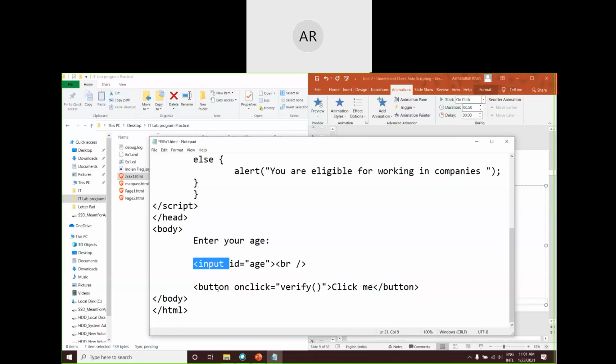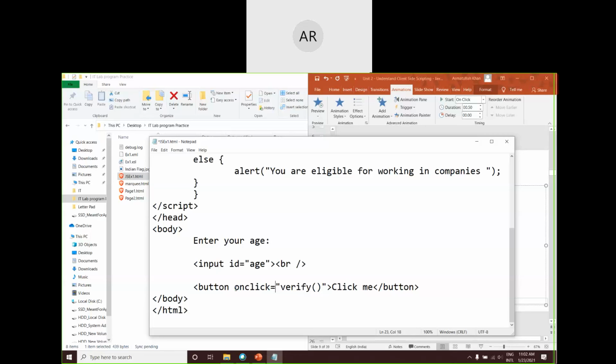Now, the input tag, the text box, has been created, and I have to create a button. For the button, I am using a button tag. Using the button tag, I have one more attribute called onclick. It's a keyword, an attribute.